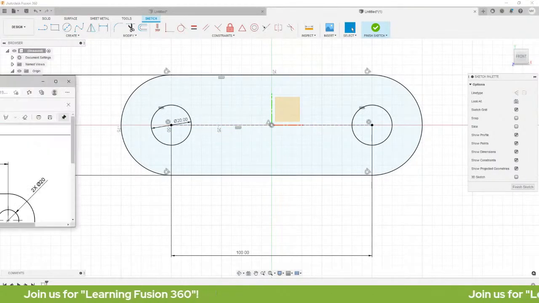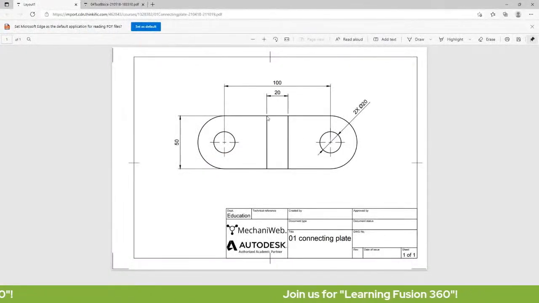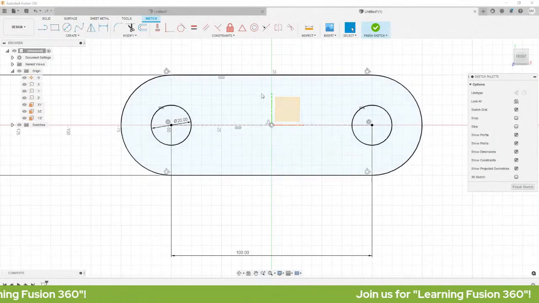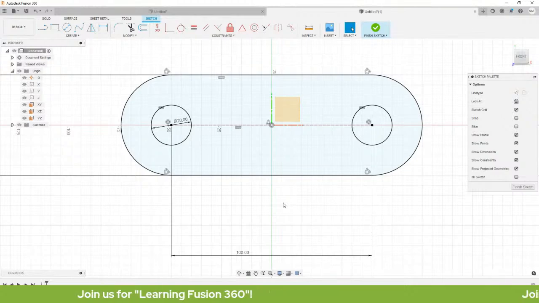Next, ang kulang na lang natin dito ay itong line na to. Okay? So, create tayo ng 3 lines. Bakit 3? Kasi yung isang line mag-serve ulit as helper.